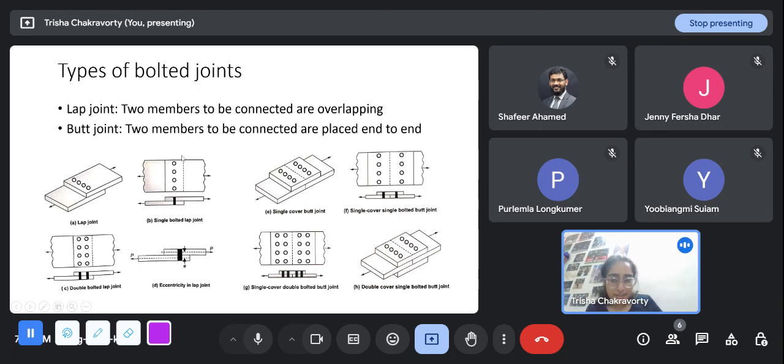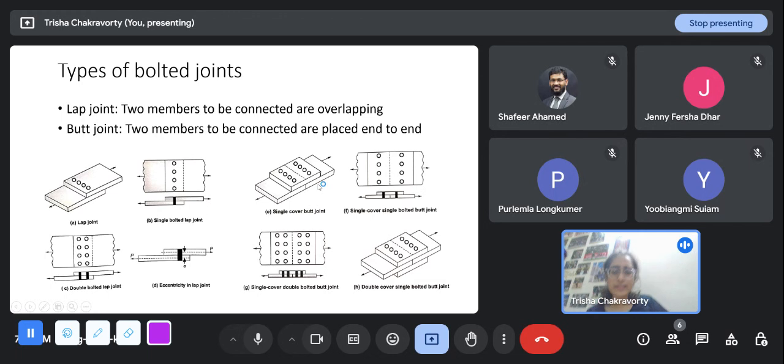This is one plate, this is one plate, and this is one plate, and this dotted line signifies that this left side plate is below the right one, and these are the tops of the bolts, like these are the heads of the bolts, and this is the side view, so we can see the cross section of the plates and the bolt going in. So this is a lap joint, single bolted lap joint. This is a double bolted lap joint. See, here there are two rows of bolts. So when you see in the cross section, you can see two bolts here corresponding to these.